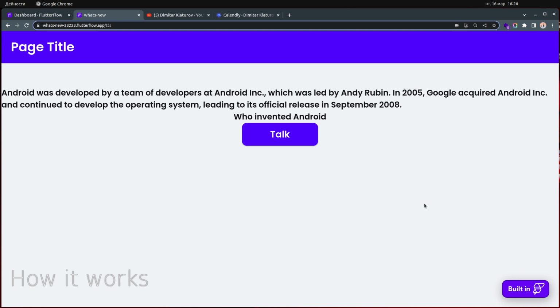The lead team was led by Andy Rubin, and then if I ask how old was he, for example, it will not know who you're talking about. And the reason for that is that I actually don't send the history conversation, and the reason for that is that in theory, in the ChatGPT